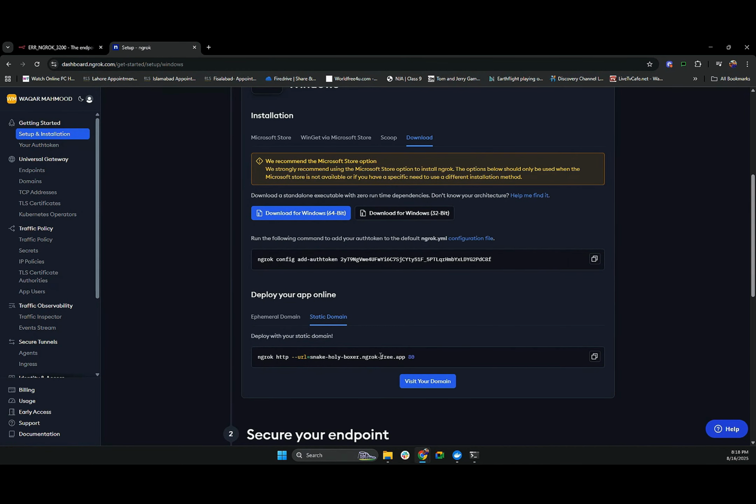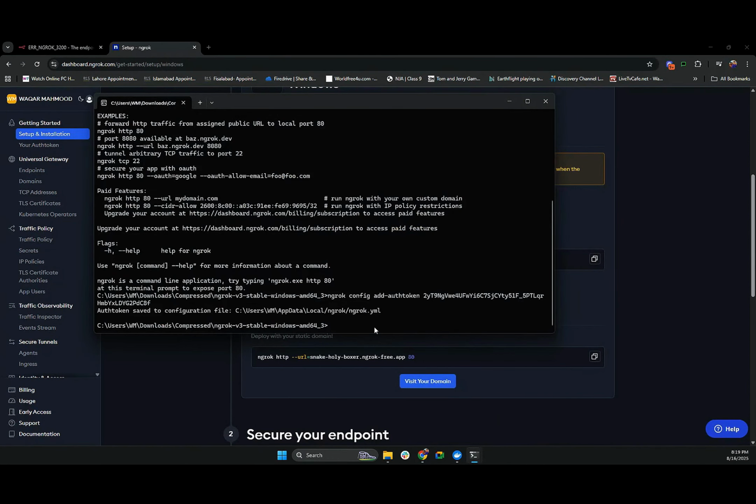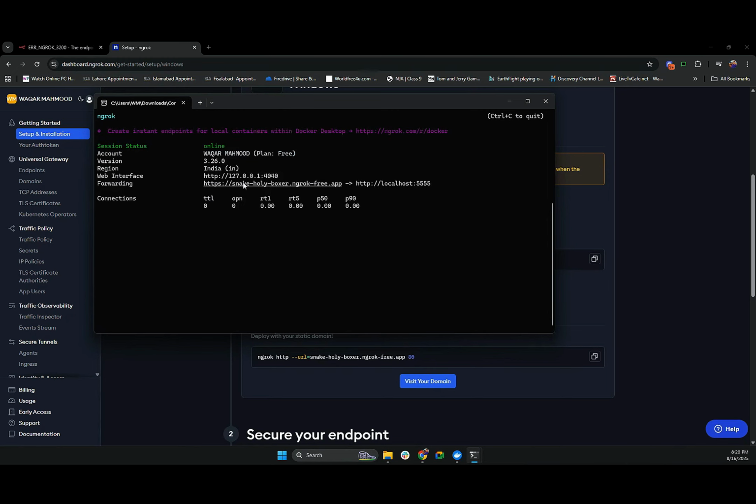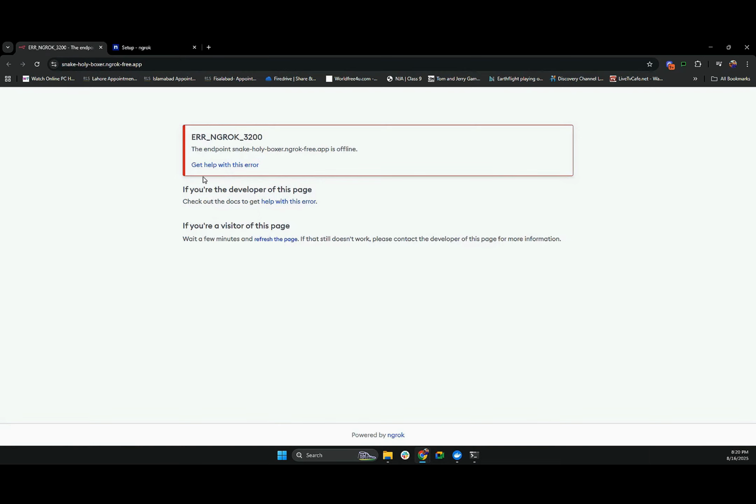Okay, once it is done, you need to copy this static domain from the static domain tab, and paste it in your terminal. And you need to do one more thing: change this port 80 to your configured host port. In my case, my host port was 5555 in my Docker. Okay, I will click enter. Now you can see that my Ngrok server is up and running, and it is showing me a forwarding link, that this localhost is now on this link. Now if I reload this error page,